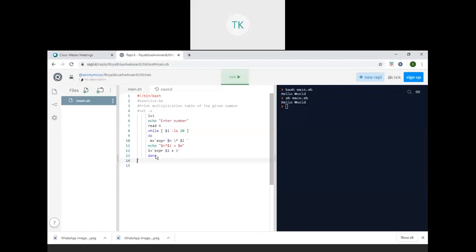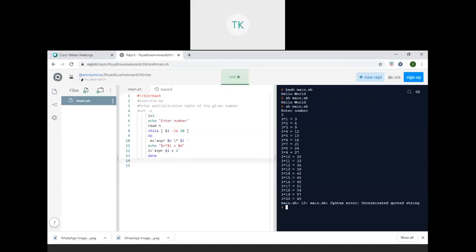Like this, the i value will be incremented up to 20 times, and we get this particular output. Now to see how we can execute this: sh space main.sh, since the program name is main.sh. If I press enter, it will ask for a number. If I enter 3, I get the multiplication table.